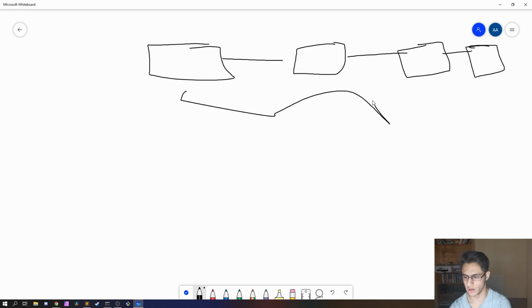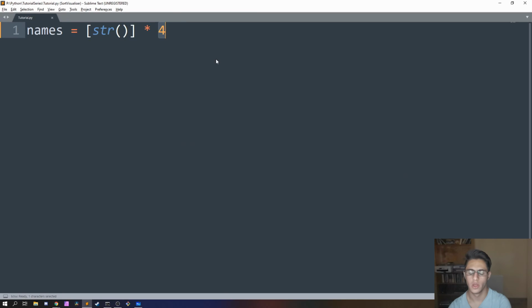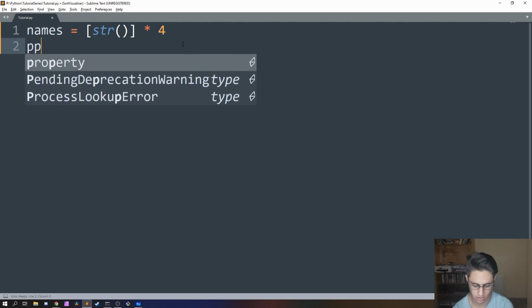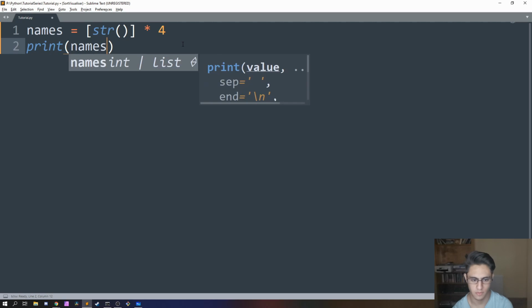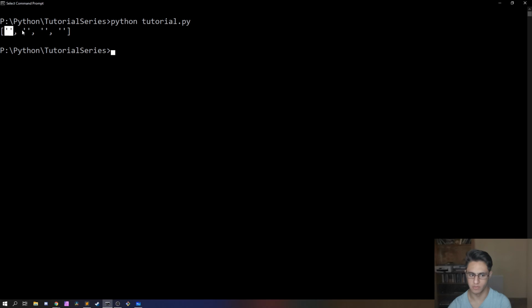So that the total number of those elements is 4. Obviously you change this number according to your own use. So let's try to print this out, names, and see what happens if I go to the cmd and run python tutorial.py. As you see here, it gave us 4 empty strings,